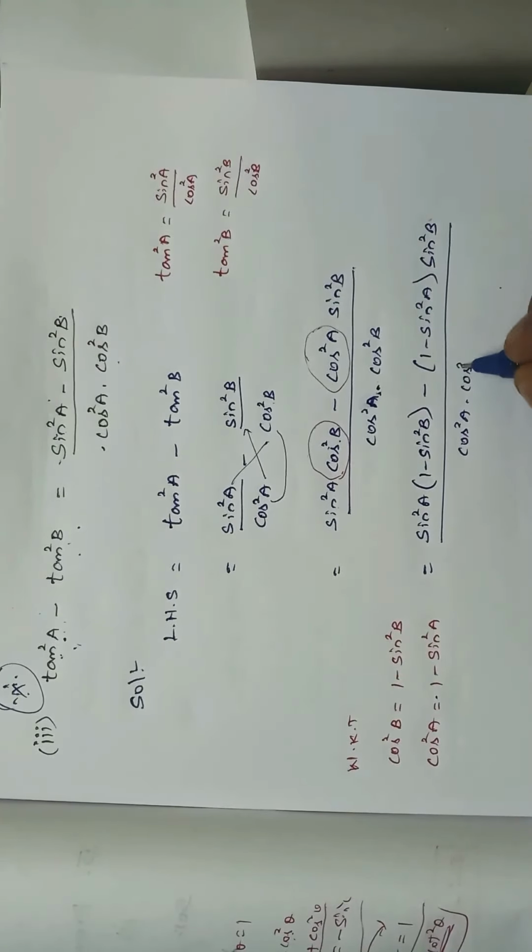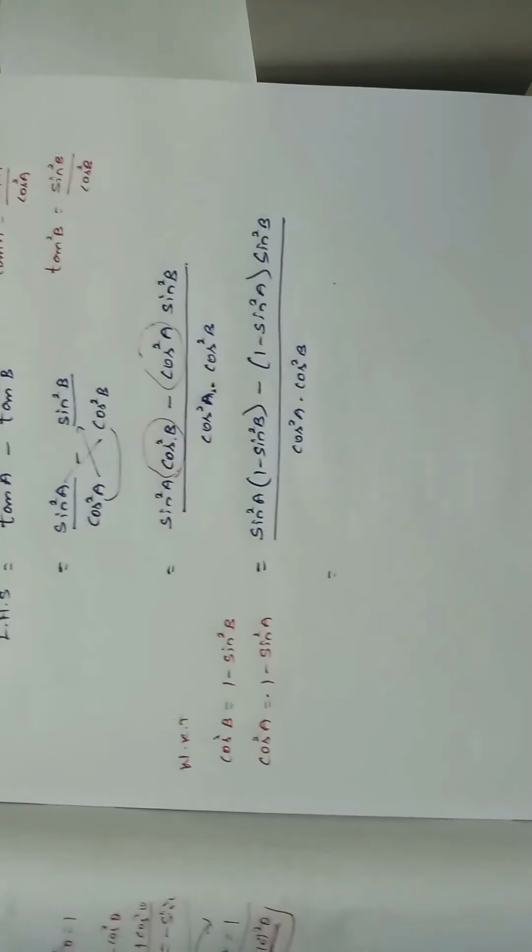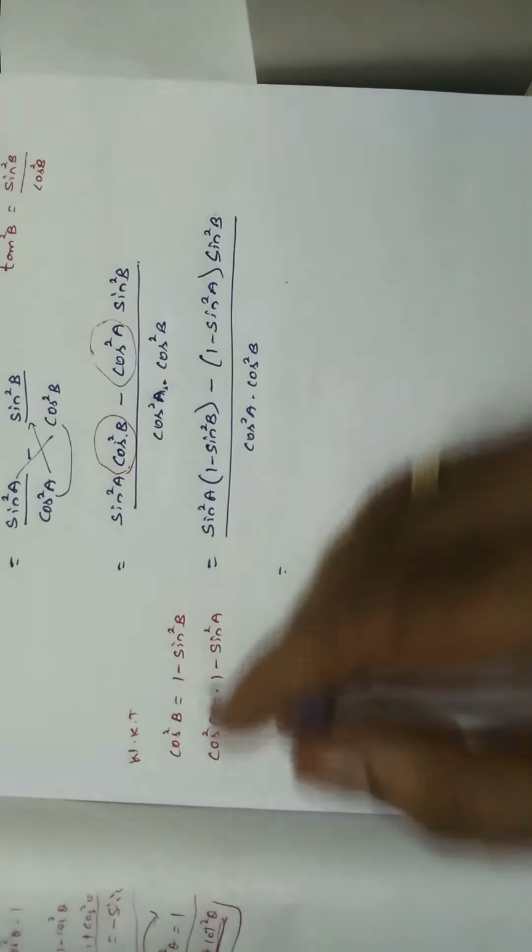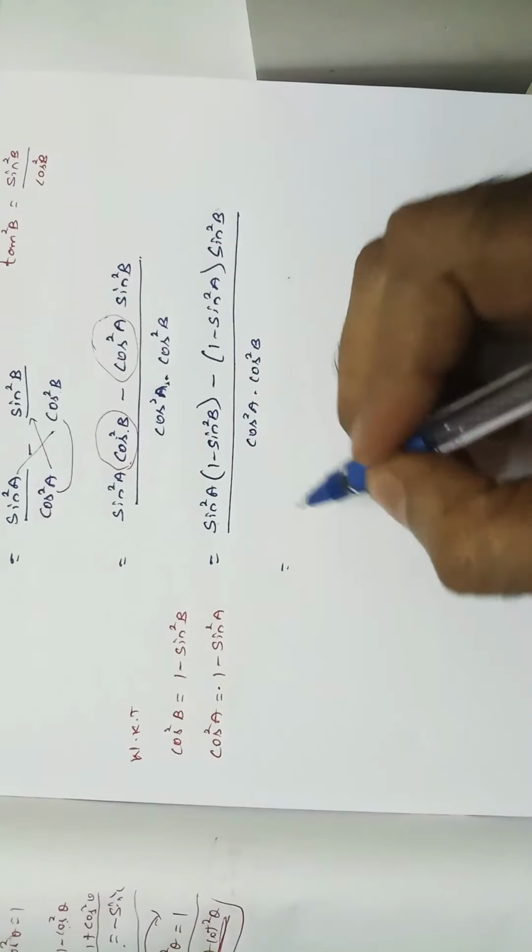Now just multiply. While we are multiplying, it will get simplified. That's why we are multiplying, right? I told you that if you are multiplying, it should get simplified. Then only we want to multiply. Otherwise, we have to keep it as it is, right?